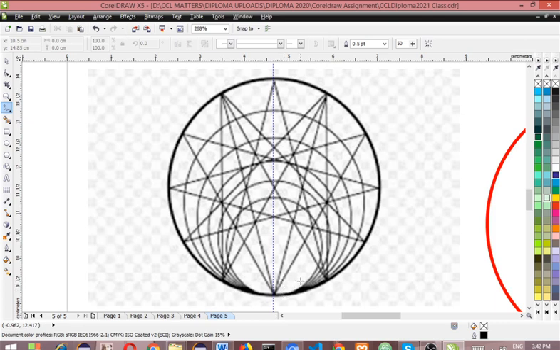The problem is that they were not colored. Okay, but let's do it this way. If we start from here,